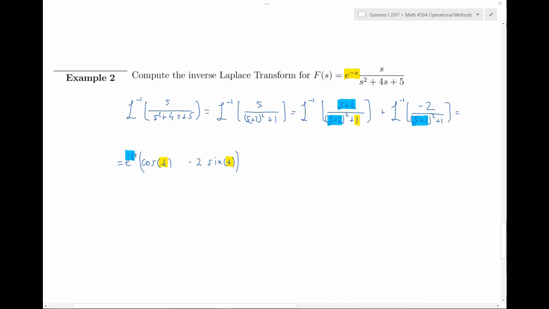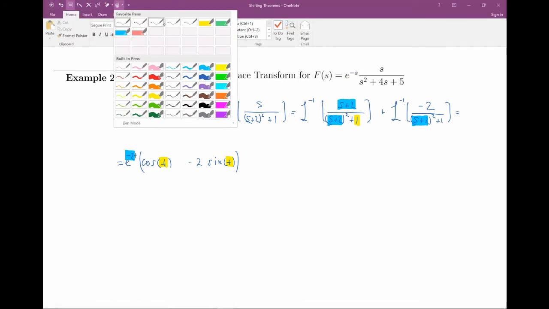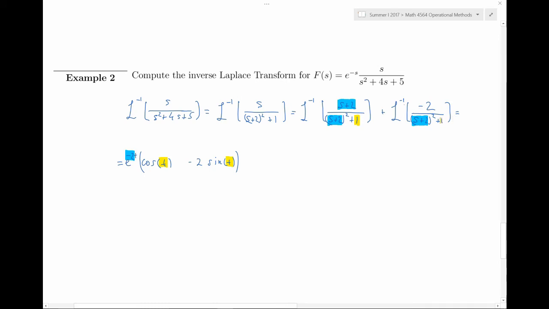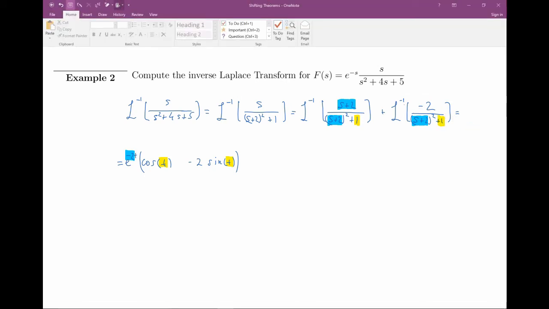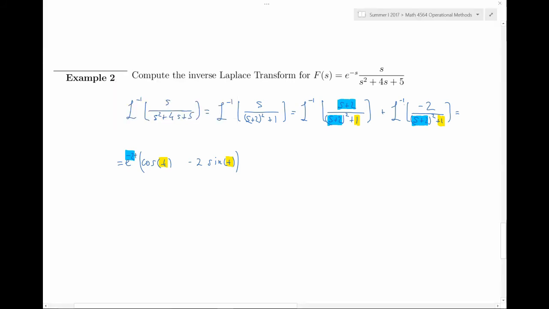So here I marked where the things are coming from. One is coming from the plus 1 part, because that's plus omega squared, and the negative 2t comes from the fact that s is shifted by alpha, negative 2. Okay, the inverse Laplace transform of F of s, therefore,